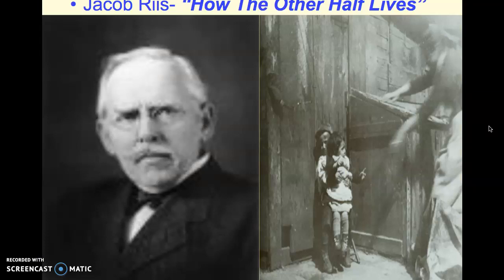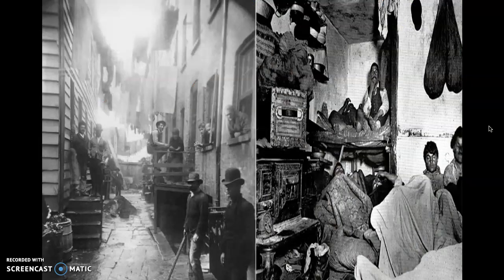And the last one was a guy named Jacob Riis. Jacob Riis was actually a photographer. He's from Denmark, as you can see on his forehead. But he's going to come to America, and he's going to take a photo editorial of the city of New York. And so a lot of these following pictures are from that, and they talk about how the poor people in the city lived in the slums and how they tried to make a living. So a lot of them are going to look the same.